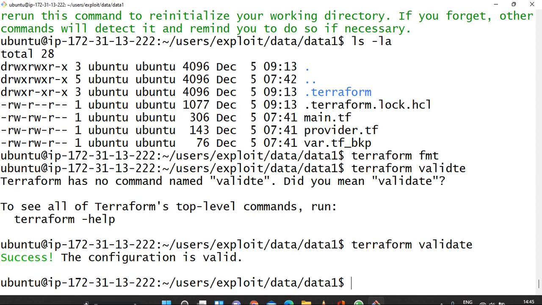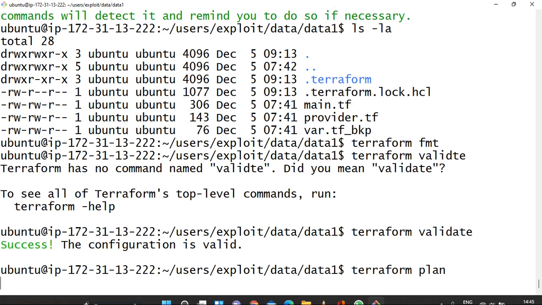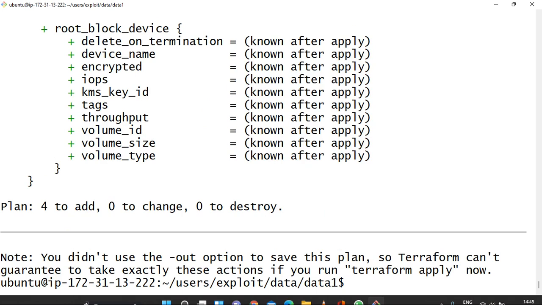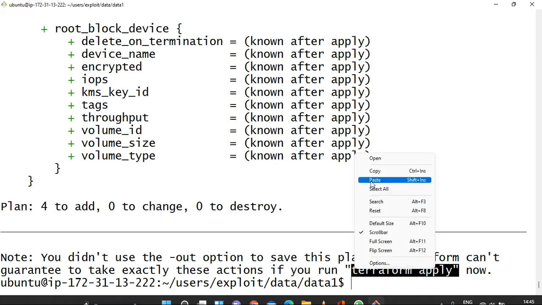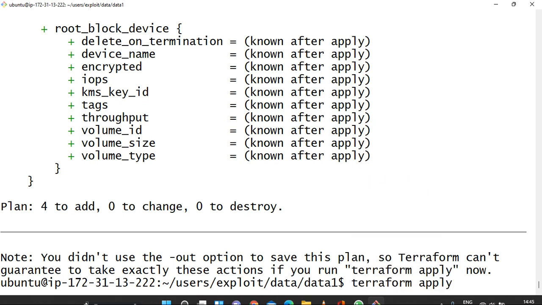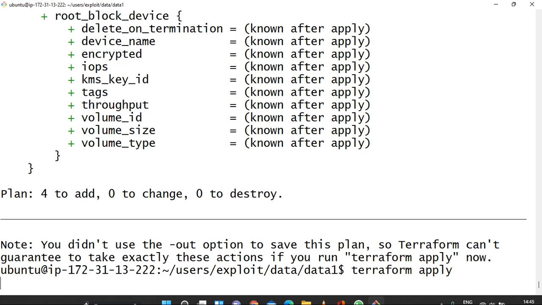Then terraform plan. You can see 4 to add, 0 to change, 0 to destroy. Now we can run terraform apply.